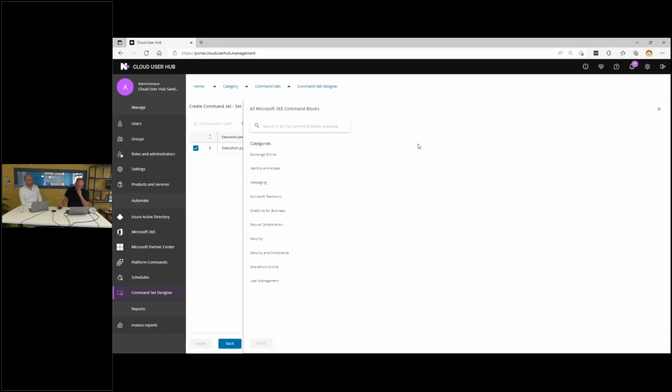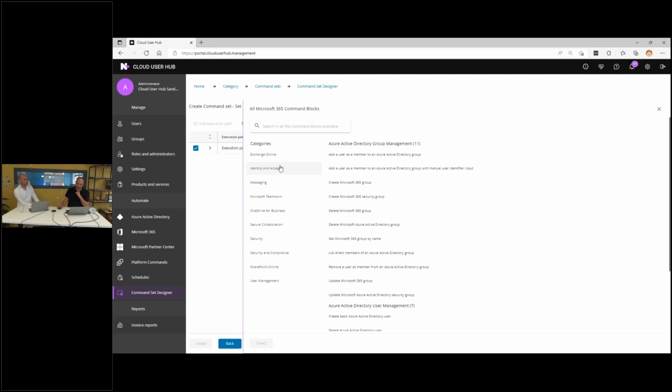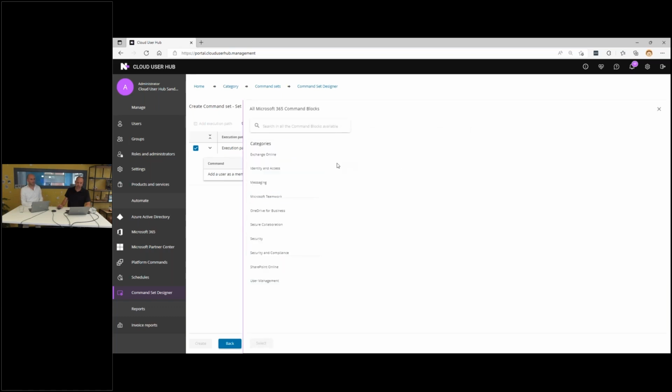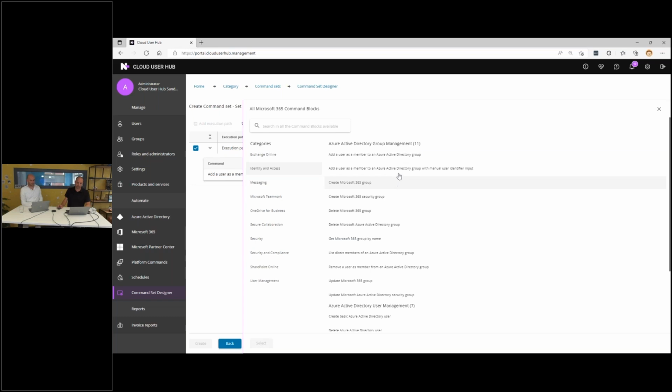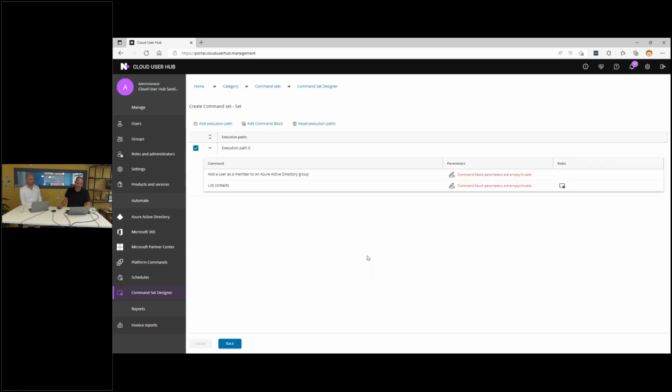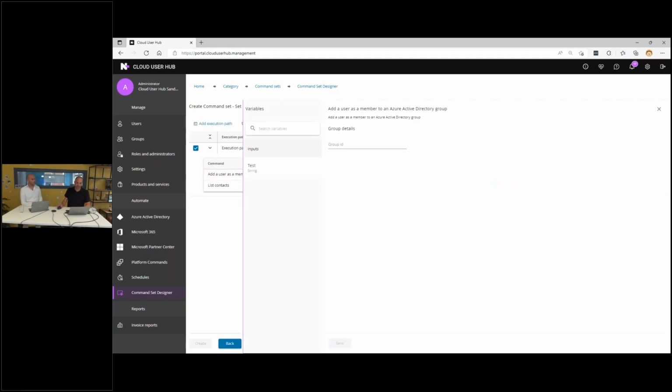So let's say I want to build a command set that does something with a user, add it to a group, for example, then I can do that as such. So I can bring in a command block and another command block. Let's do this context, doesn't matter, it's not really related, but fine. Now I can set parameters. So here you can see that I have my test that I want to use. So I can click on it, and now test, when populated by the user, will be entered into this field. So this is how you connect multiple fields into a single set.